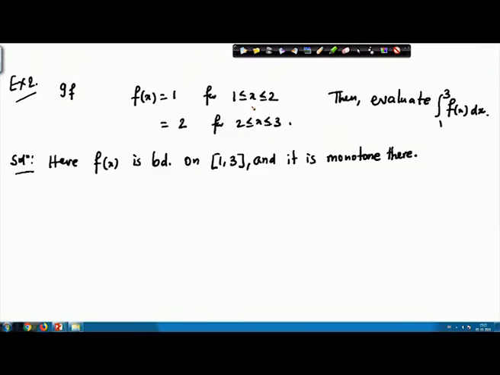Between 1 and 2 it's 1, and then between 2 and 3 it's 2. So obviously it's a monotone function with one point of discontinuity at x equals 2, and therefore